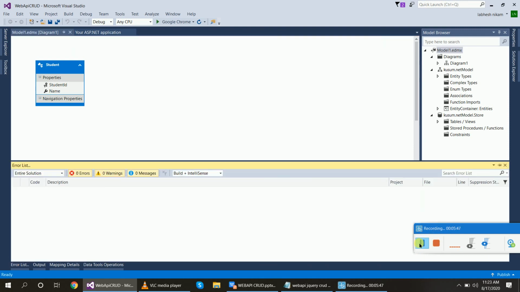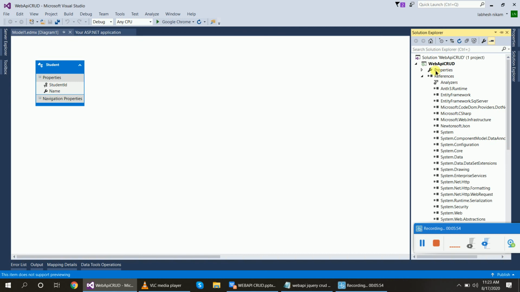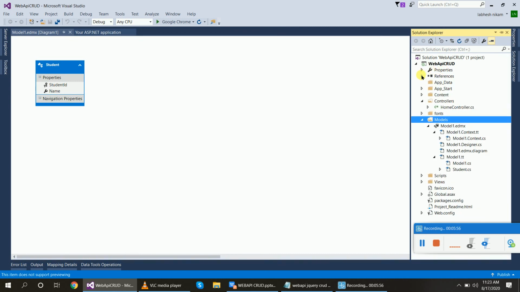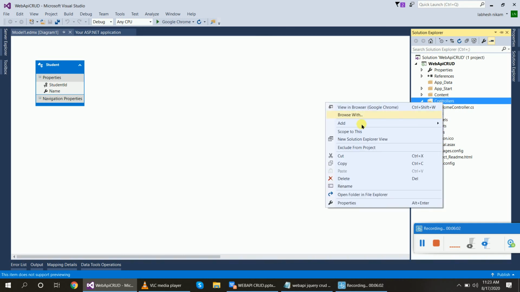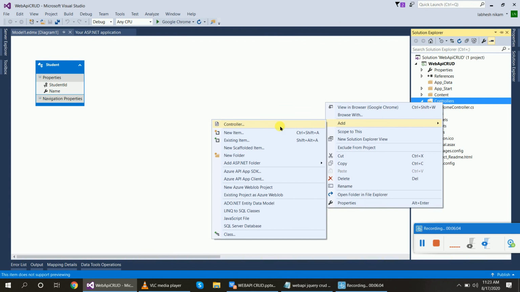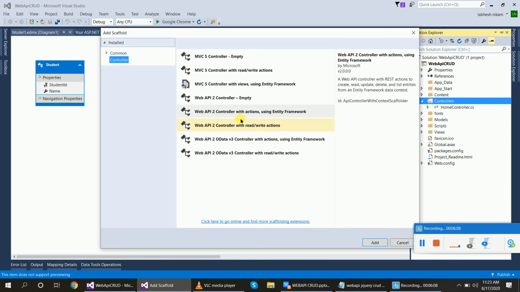First, we will create one API controller. Right click on this, add controller, select Web API controller with actions using Entity Framework. So this one.